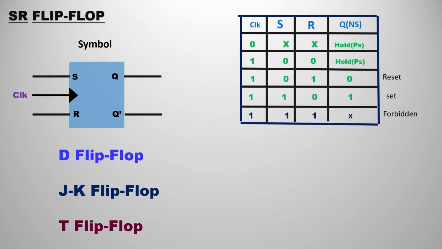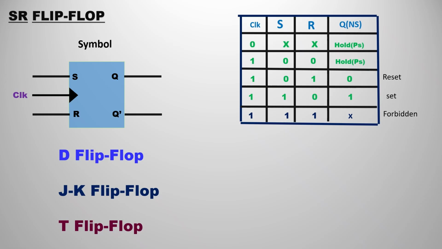Now here's an important question: can we perform all the cases in the truth table? The first case, S is 0, R is 0, we can perform. Then S is 0, R is 1, and S is 1, R is 0. These three cases we are able to perform or identify, or simply we can get the output. But the issue is with the last case, when S is 1 and R is 1. That is known as the forbidden state. We cannot get a perfect output in that situation.